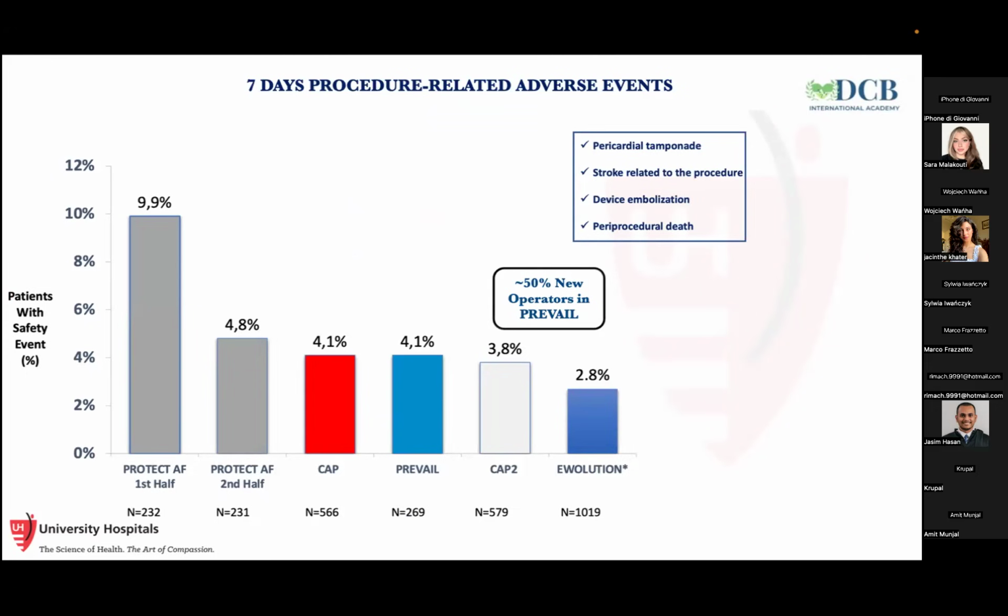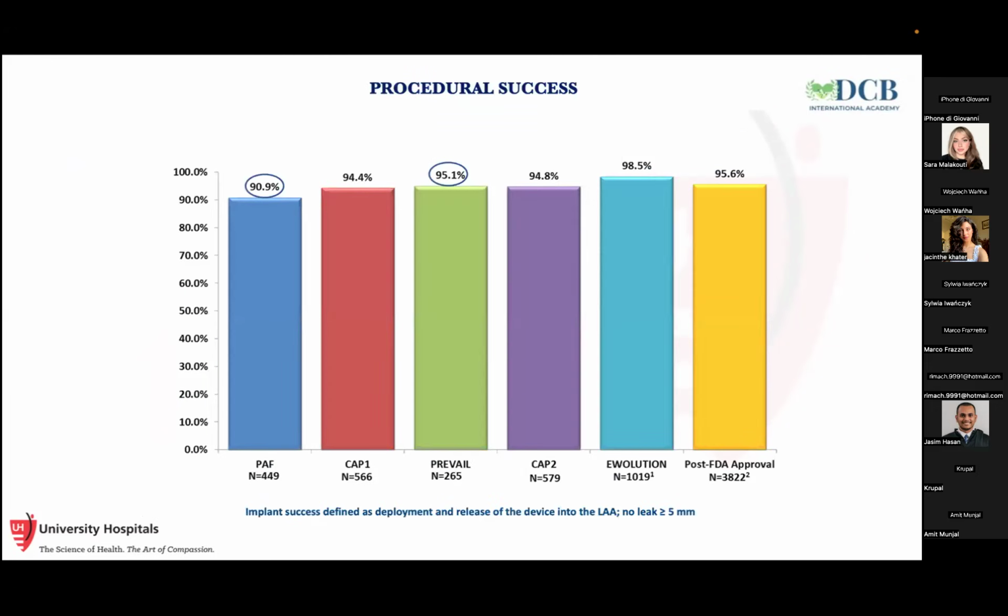So as safety of the procedure improved, the procedural success increased during the years. As we can see, we started from 91% in PROTECT-AF, to 95% in PREVAIL. Now, post-approval, we are at more than 95%, but we will see the data from the last trial that increased